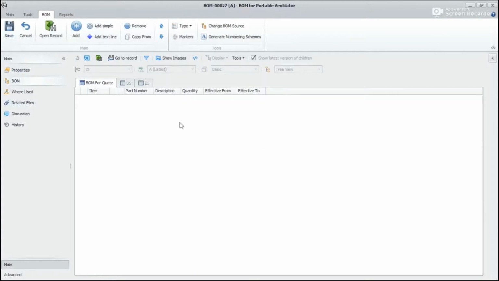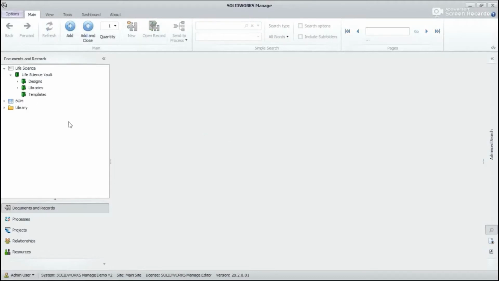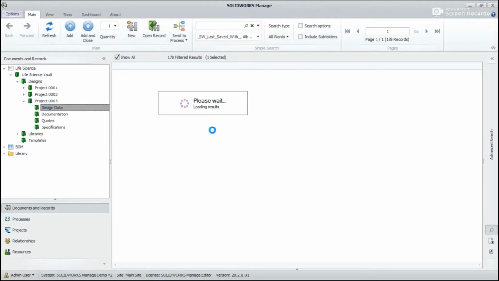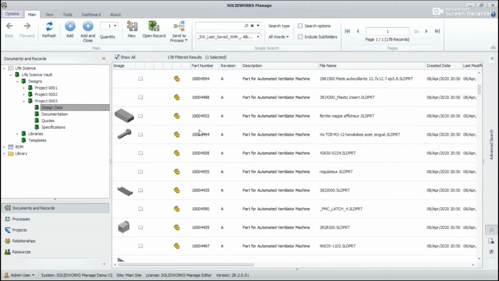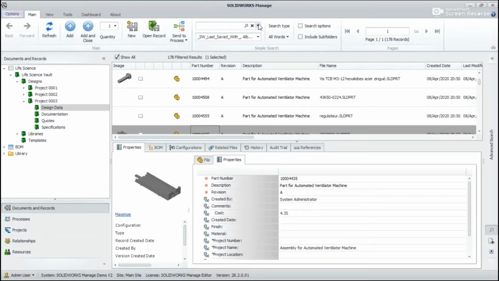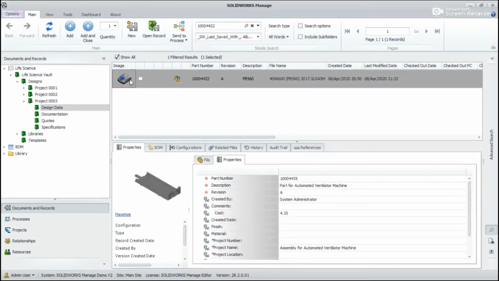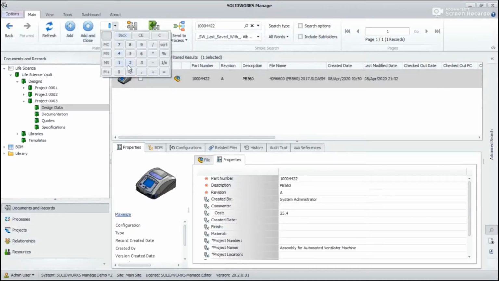The bill of material tab will be clicked and edit is chosen. So once the BOM is in edit mode, the add button is clicked and the 3D model is chosen from the configure dialog box. We will choose a complete model of a portable ventilator. I will locate the complete model by searching based on the model number. We will now enter a quantity of the complete model. We will enter 1 here and click add and close.